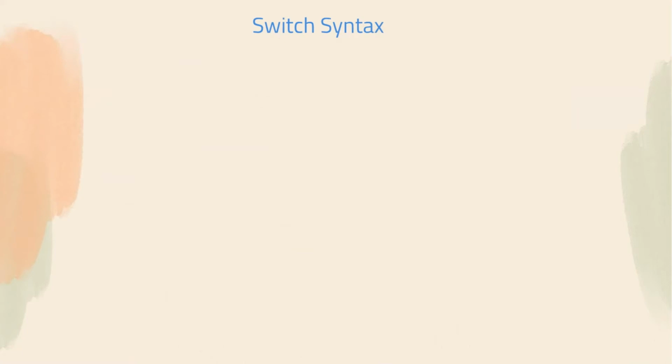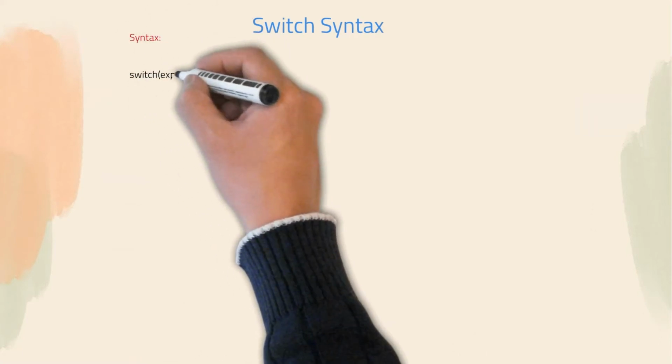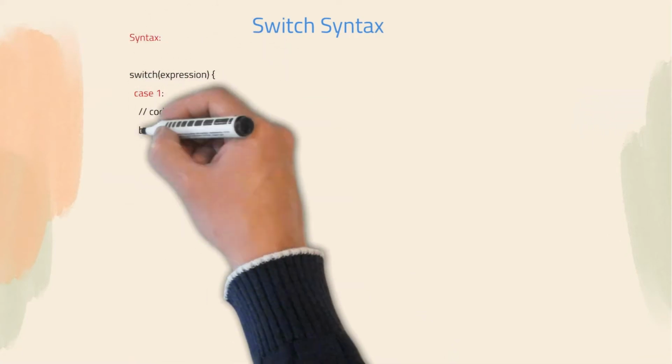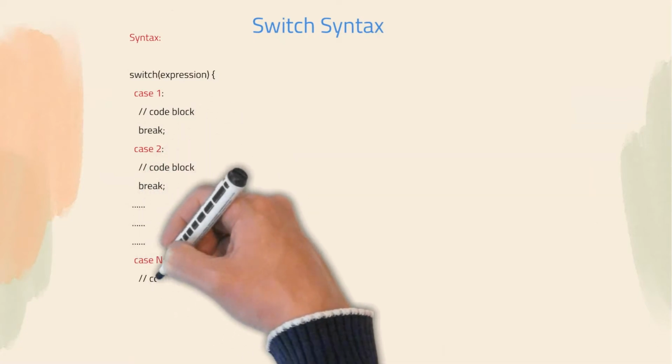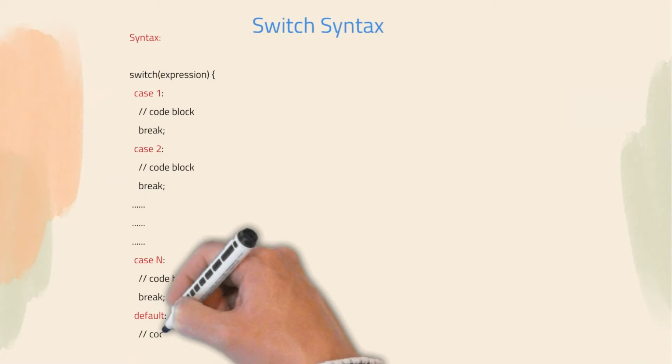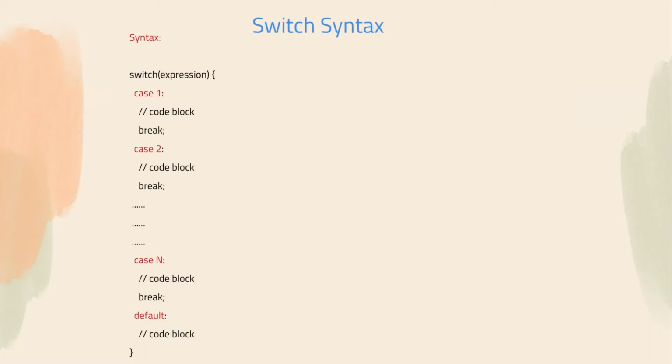The syntax for the switch statement is: switch followed by the expression in parentheses, followed by one or multiple case statements with the code block to be executed, and finally the default case, which gets executed if none of the above case statements evaluate to be true. If the expression matches any of the case statements, then the statements present under the case statement are